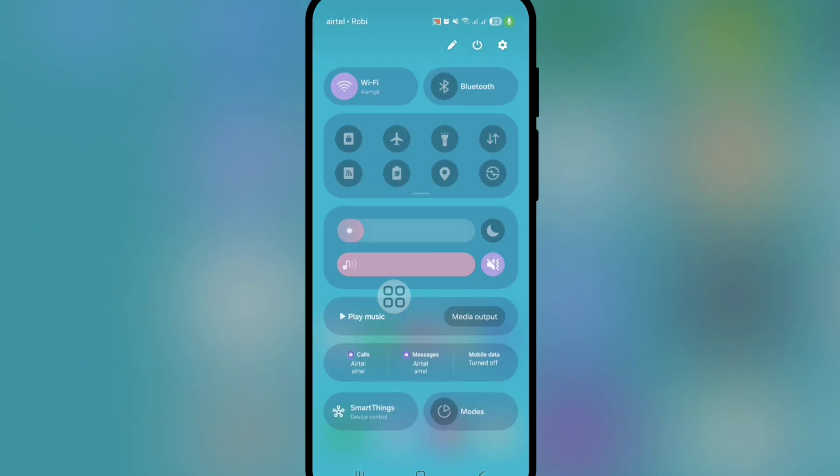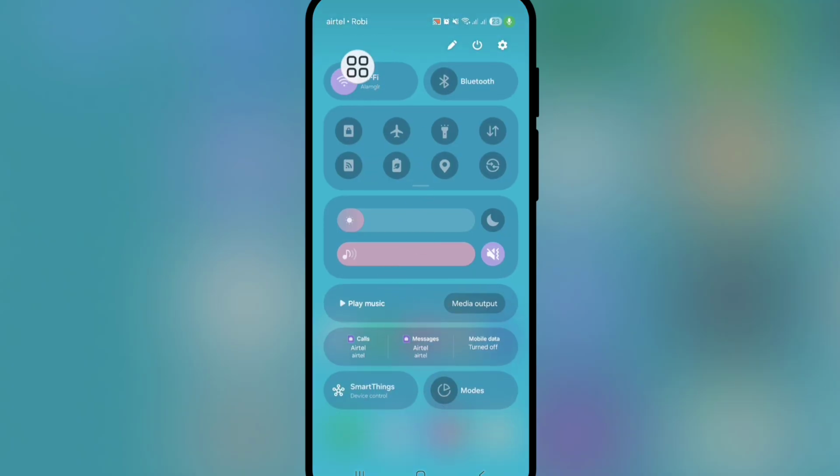For fixing this problem, first of all, check your internet connection and make sure your internet connection is working properly, and then turn on flight mode for 1 minute. After 1 minute, turn off flight mode